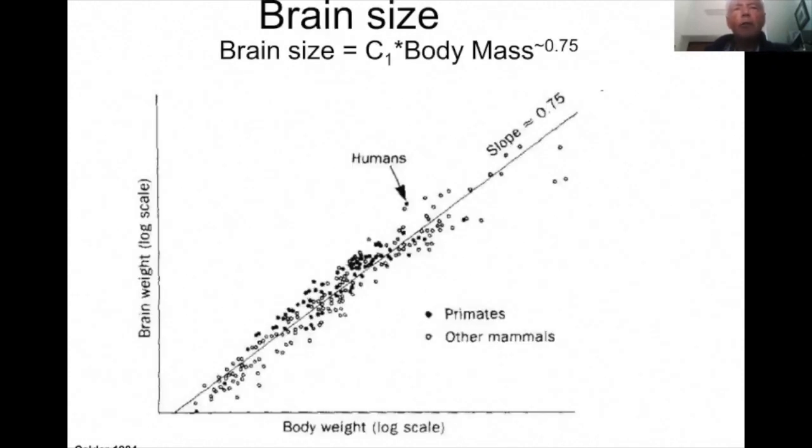Examples of allometric relationships. I'm just going to show you some interesting examples of these allometric relationships, that is, functional relationships with organism body size for a variety of characteristics that you will be familiar with. So here is one that you'll find interesting. This is the allometric relationship of brain size to body mass